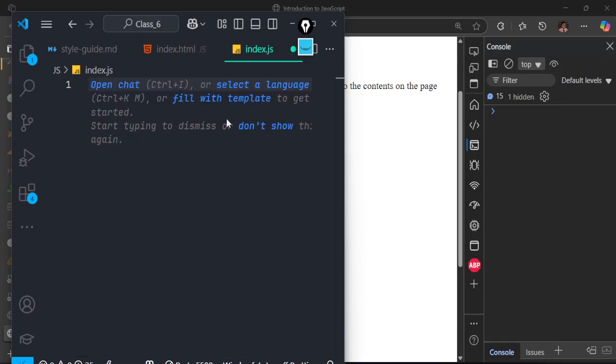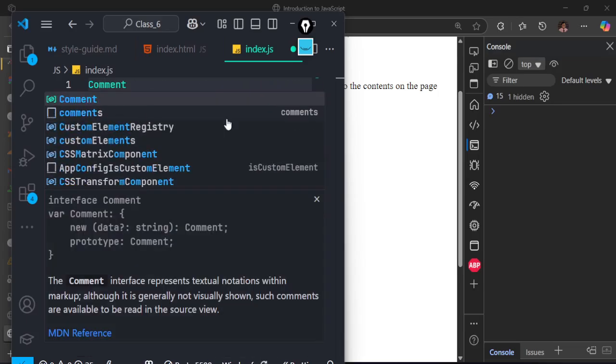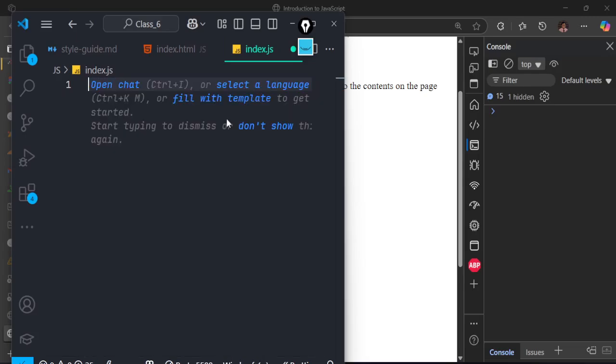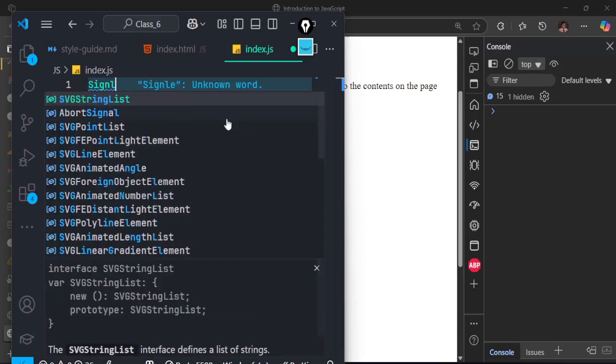But before I talk about data types, let me talk about comments, just like the way we have them in HTML and CSS. Because there are some things you don't want, or you need to leave a note for yourself, but the code is not going to interpret it. So you can create a comment. And when you're talking about comments in JavaScript, we have two types of comment. So we have the single